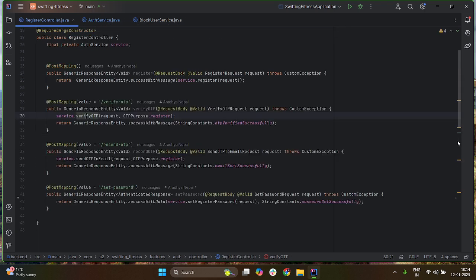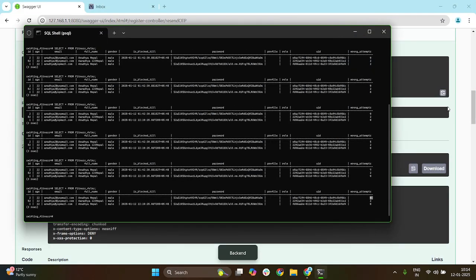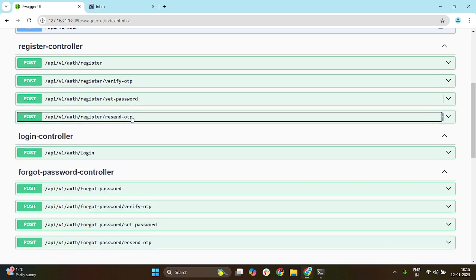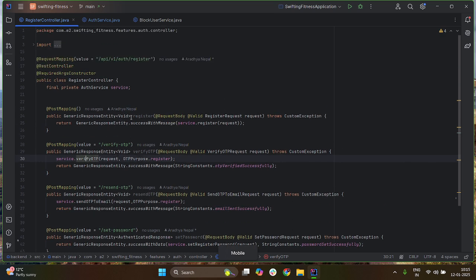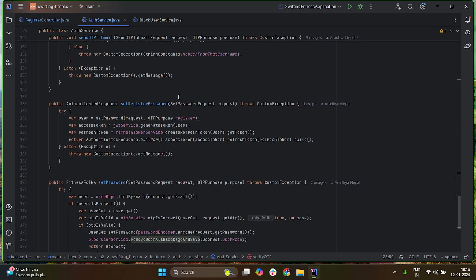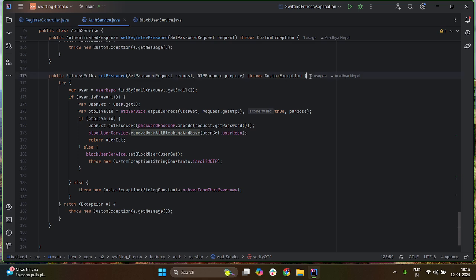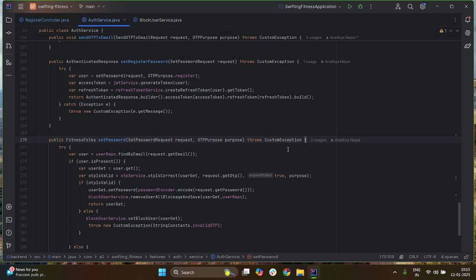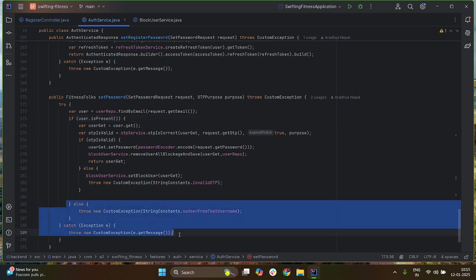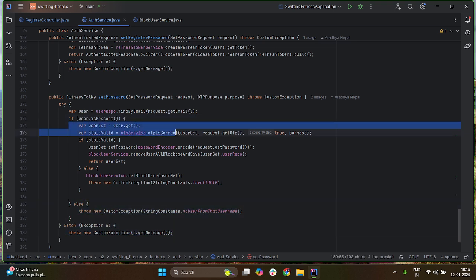So that is what is happening on verify OTP. After that we got set password and resend OTP. So in set password we are basically asking for email, which we have already seen, and we are getting